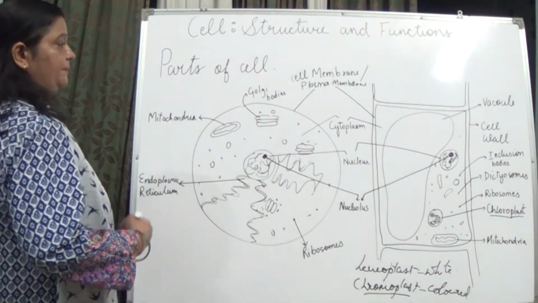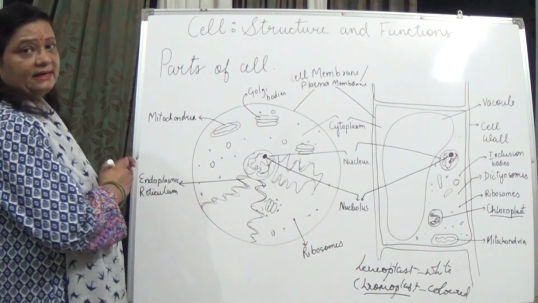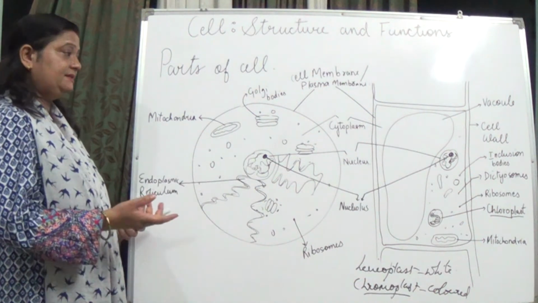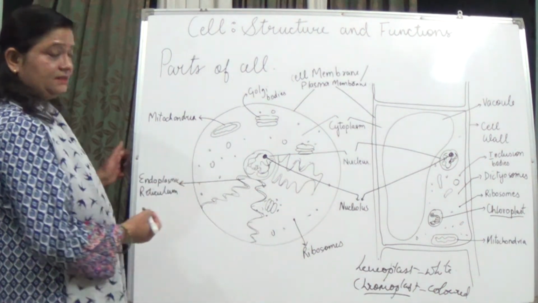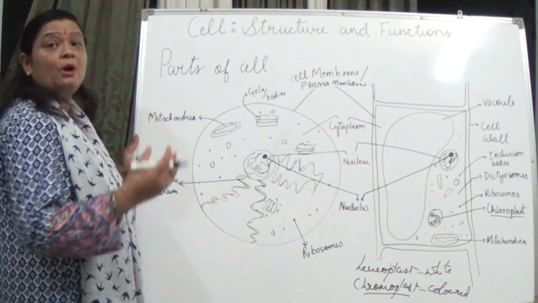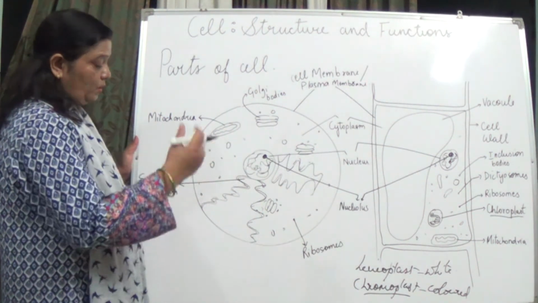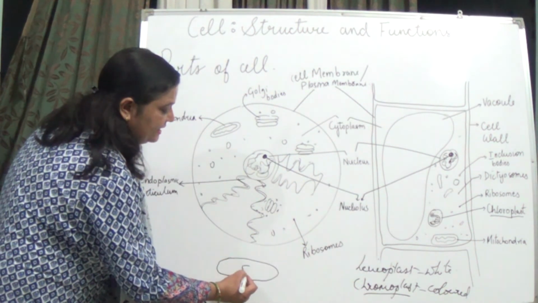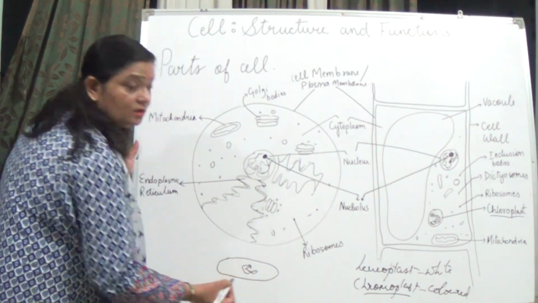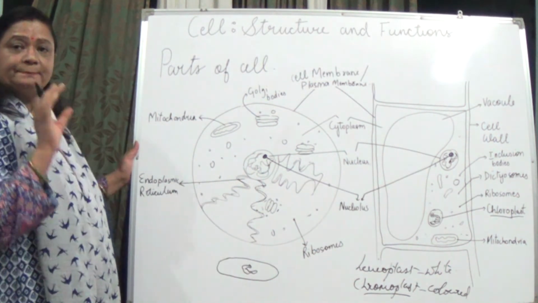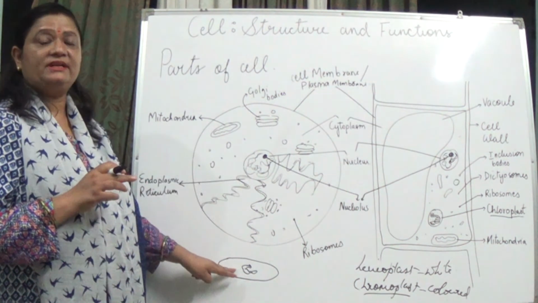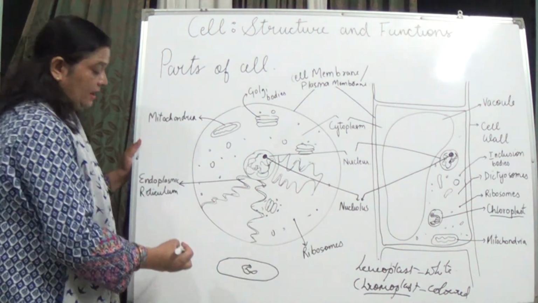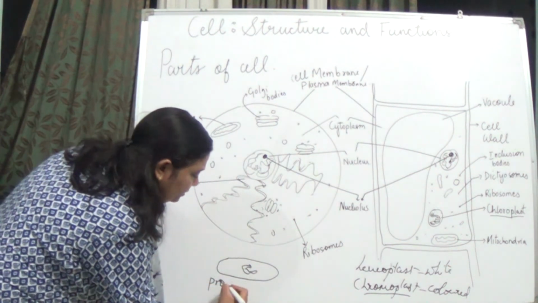So these are the basic structures which are present in the plant cell and the animal cell. In bacteria and the like, I said that the organelles are not well organized. Like the nucleus: if you see a bacterial cell, you will see that the nucleus is not well organized inside a nuclear membrane. The genetic material is just found in this manner. And these types are known as what? Prokaryotic